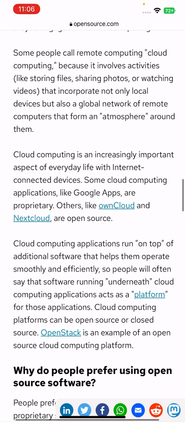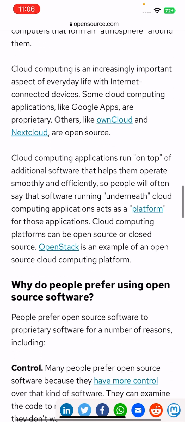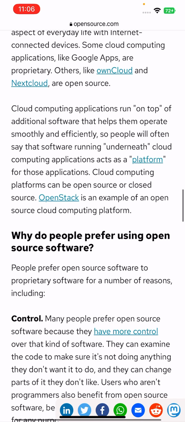Some cloud computing applications like Google Apps are proprietary, others like ownCloud and Nextcloud are open source. Cloud computing applications run on top of additional software that helps them operate smoothly and efficiently. People will often say that the software running underneath a cloud computing application acts as a platform for those applications.